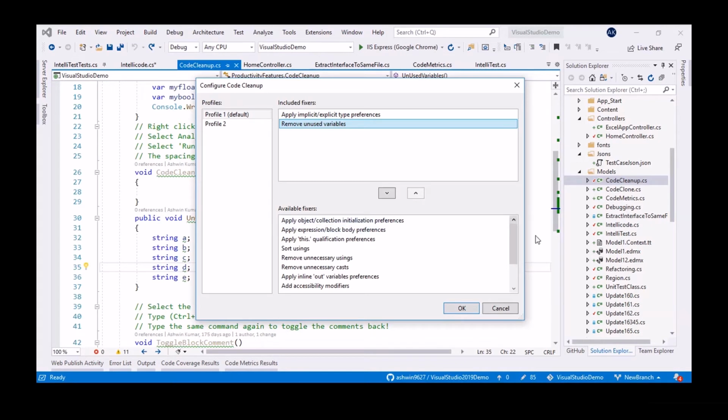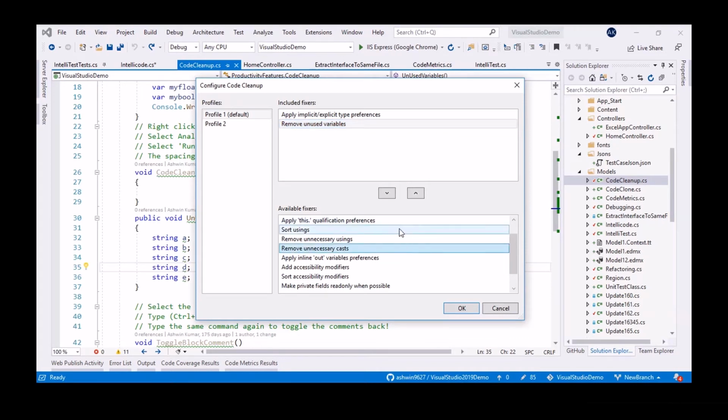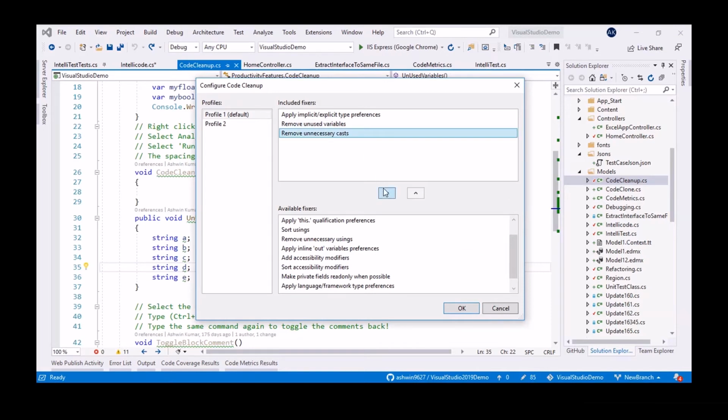You can configure other fixes according to your use also. If you want to fix your cast issues, unnecessary casts, everything, you can select it. Adding and removing is also quite easy. You can find the buttons with down and up arrows. I think you guessed it: up is for adding. If you want to remove one, it's also quite easy. Select it and press the down arrow, and it will be removed.